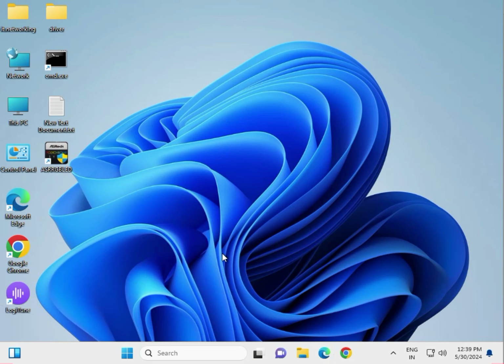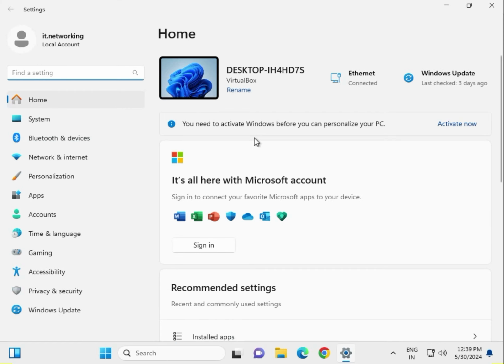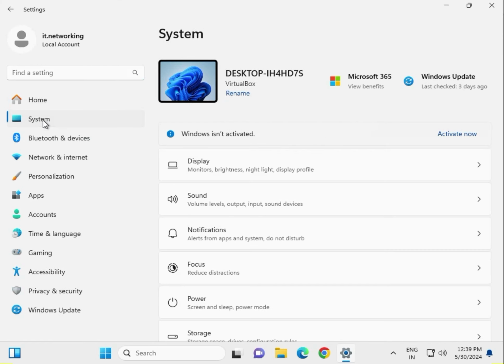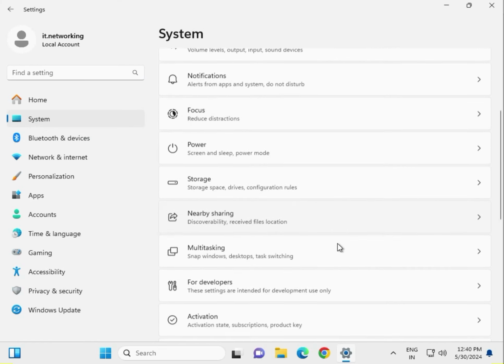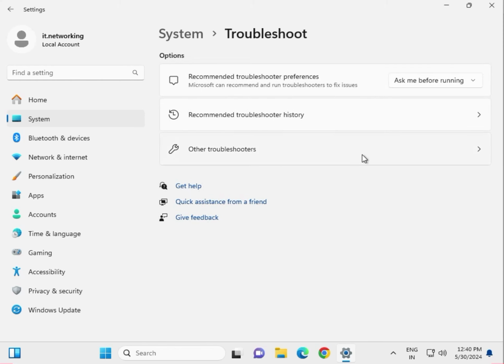So first method is run Windows Update Troubleshooter. Click the Windows Start key, go to Settings, click System, scroll down, Troubleshoot, other troubleshooters,